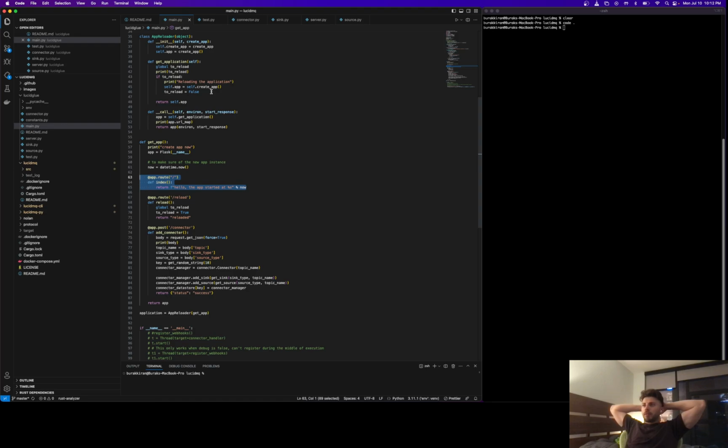We want our request to either load it when this connector is called, because this is what actually returns the app. And then if we see here,